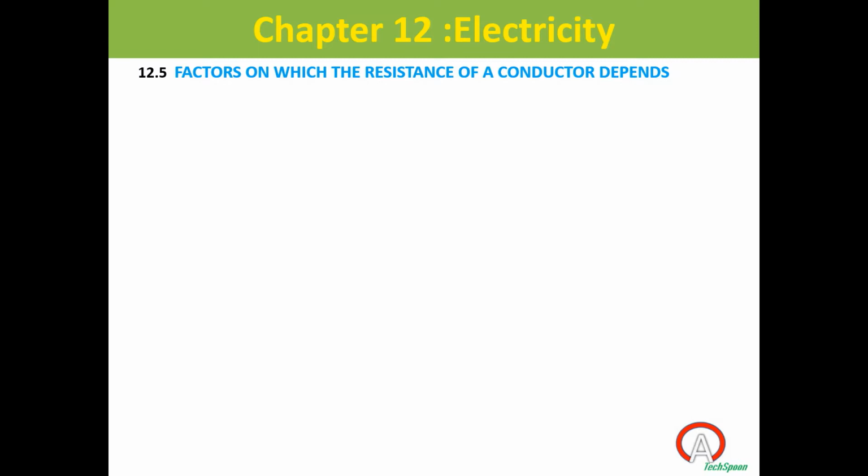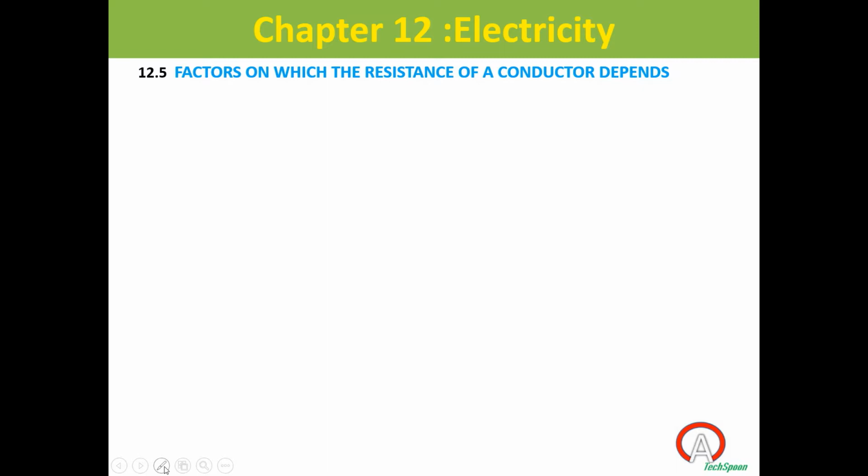So to understand how these factors affect resistance, first we need to understand how the electric current varies according to the area of cross section of a conductor, then how the electric current varies according to the length of a conductor. Okay, so if you find out the current variation according to the area and length, we can find out the resistance, just opposite.